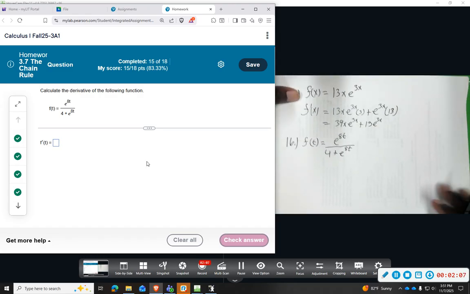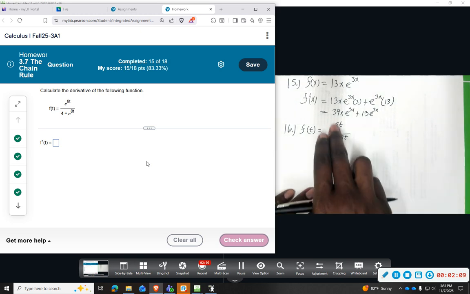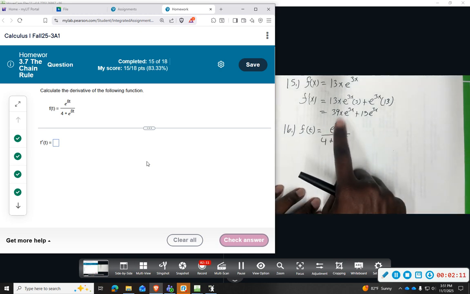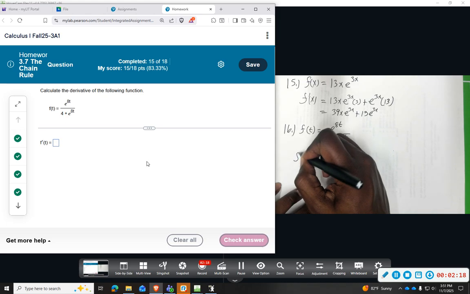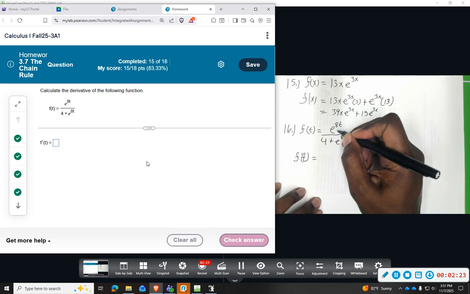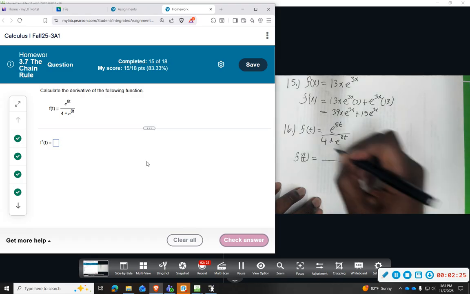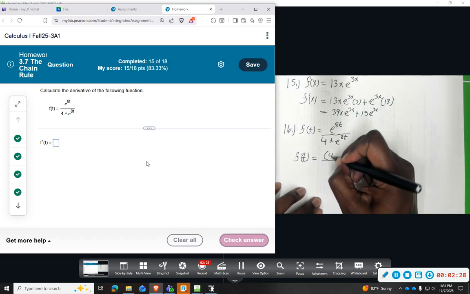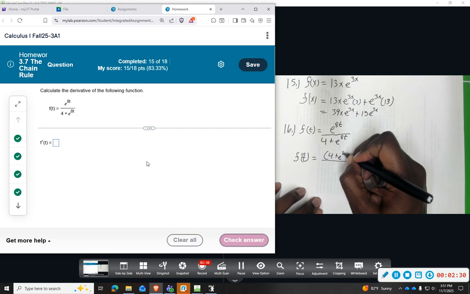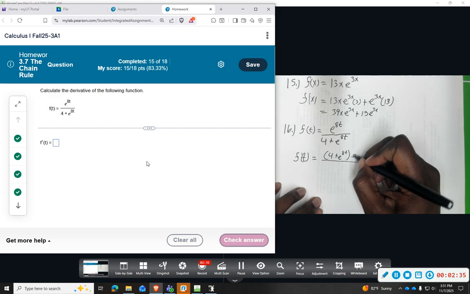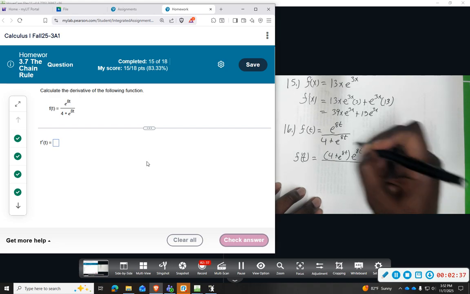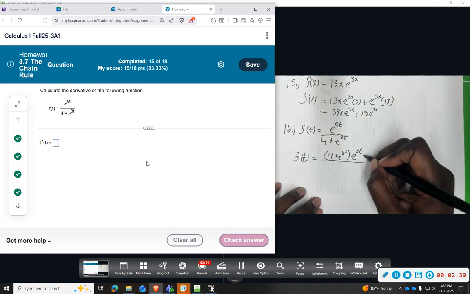So we are going to do the quotient rule, and each time we have a chain rule embedded inside of it. So f prime of t is going to be quotient rule, which is the bottom, times the derivative of the top, e to the 8t, outer function, inner function, times another 8,